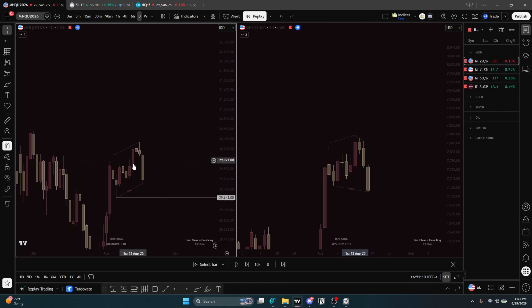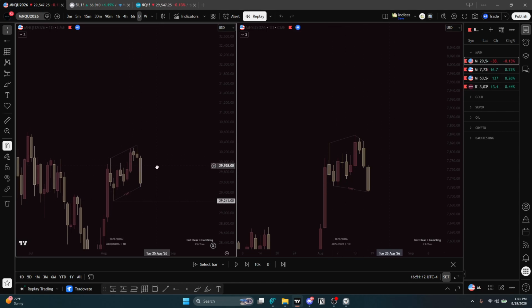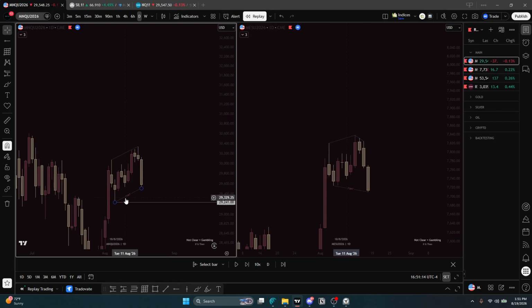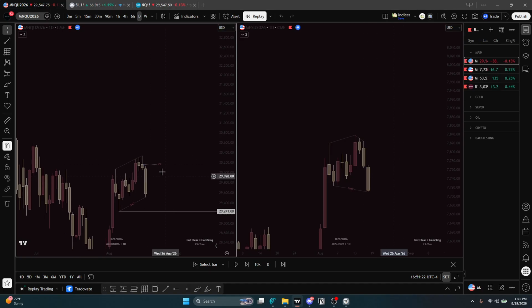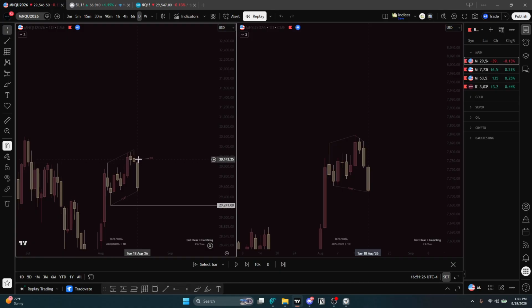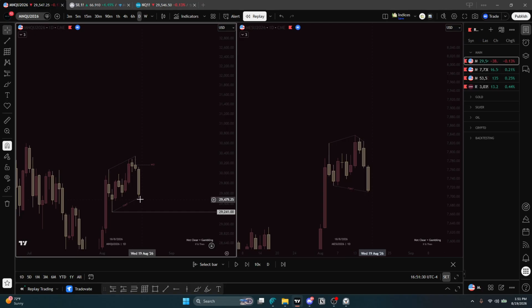So the framework is still order pairing or manipulation ranges, right? We're going to manipulate range high to reach for range low, and the profile would be Tuesday high of the week or Monday high of the week. Right, and we got that small wick Tuesday C3, and then looking for Wednesday C4. And when we expand lower like this,